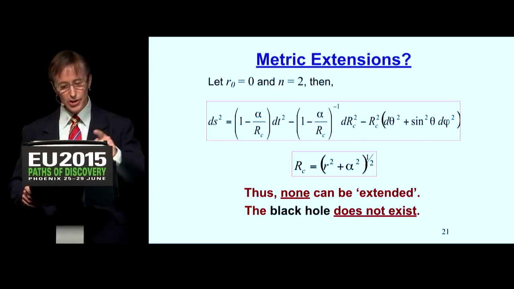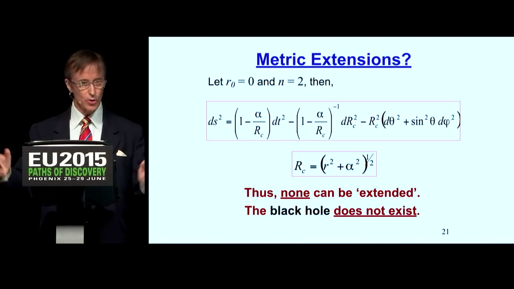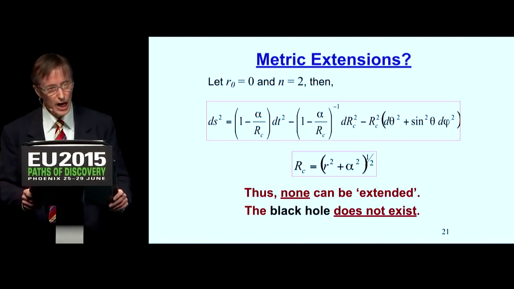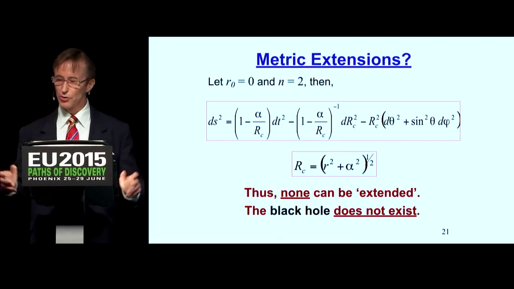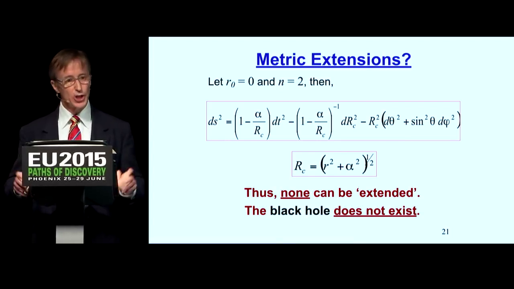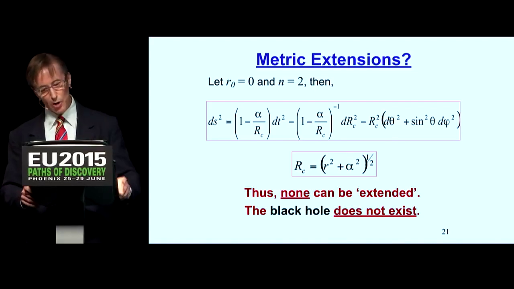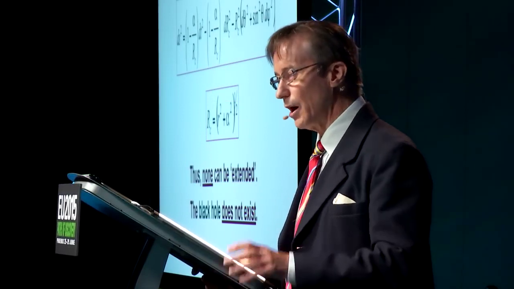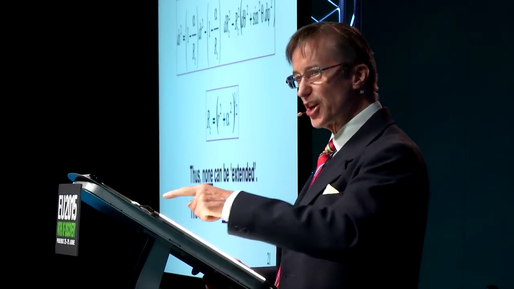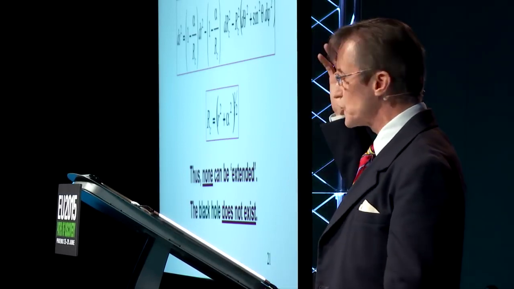What do we get? This expression, and RC is equal to the square root of r squared plus alpha squared. Well, r is a real number, and you square the real number, you get another real number. But the difference is, this squared real number is always greater than or equal to naught. Can r squared take minus alpha? Can r squared be minus alpha? It cannot. Now, since this expression generates Schwarzschild's solution, Droste's solution, Brillouin's solution, any number of solutions you like, and